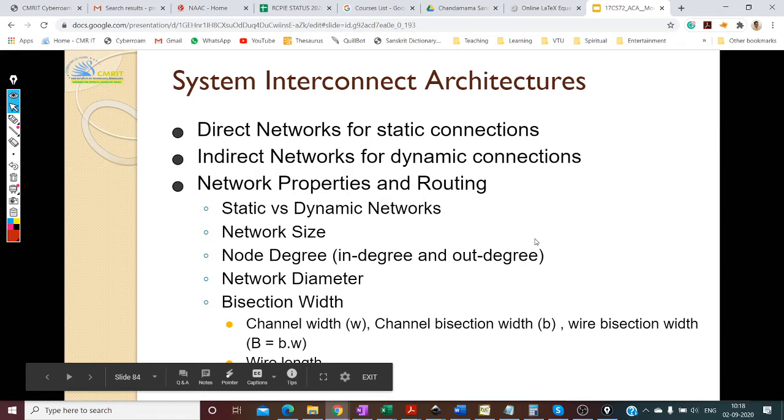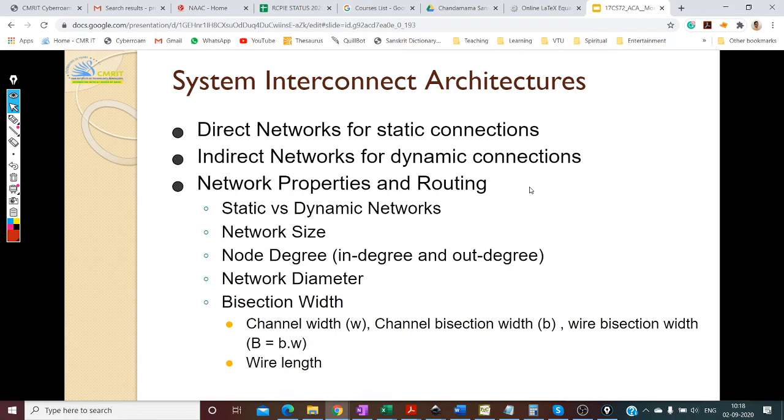And next is your wire length. So that's also an important factor. So how long you have, right? So this is a physical aspect of it, so we will not deal much with that. And finally, we have something called symmetric networks. When you have symmetric networks, it's easier for you to split the network into half. And there are so many things that get eased out, like your routing, everything becomes very easy, because it's a symmetric network.